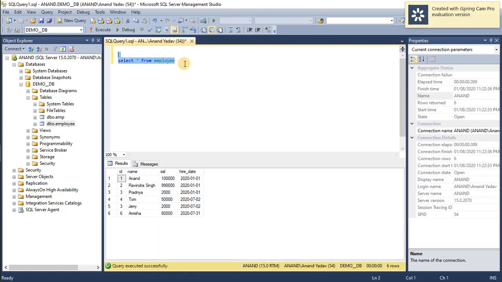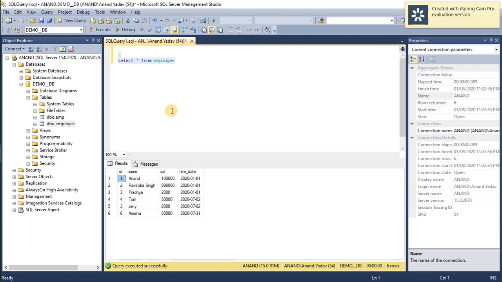You can see that all information which is present in the employee table is displayed on the console in the tabular format. If you look at the top, the header shows the attribute names. This is the ID attribute, and this is the name of the employee, and salary, and hire date.